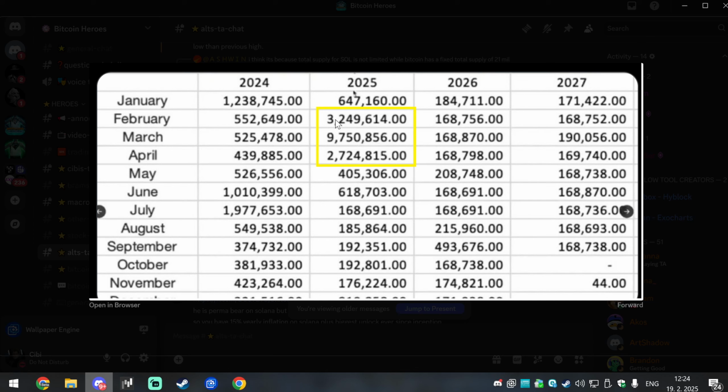Right now, these investors are getting unlocked. It's very likely they are getting unlocked in the first half of the month. In February, there is 3 million something Solana. I don't know exactly, but it's 3 million something. So huge unlocks of this Solana, and in March we have the highest unlock ever in Solana history.